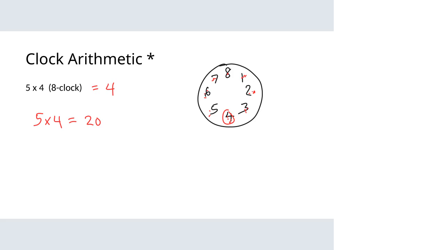So what I'm going to need to do then to figure out where 20 would be is I'm going to have to subtract an entire revolution around the clock. 20 minus 8. When I do that, that puts me at 12. That's not bad, but the problem is there's no 12 on my 8 clock. So I still don't have an answer that's on my 8 clock. So what I'm going to need to do then is I'm going to need to subtract another full revolution. I'm going to have to subtract 8 more. And when I do that, I end up at 4, which is a number that's on my 8 clock,